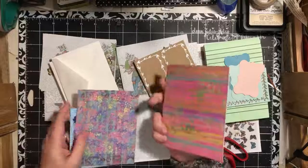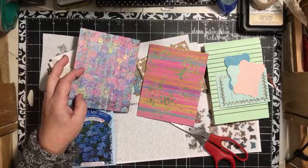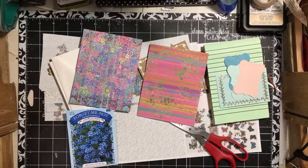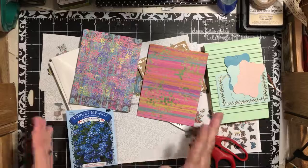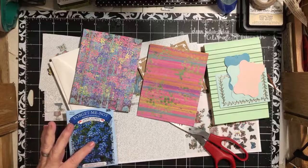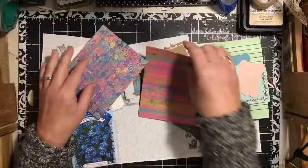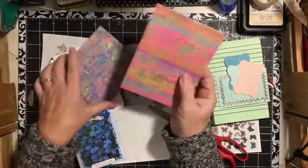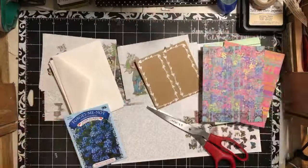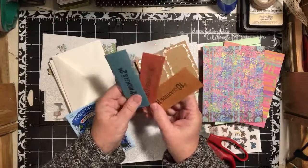Okay, so I've picked out a couple of cards. These are the same cards that I used in the purse journals. So, of course, I've lost the purse journal. Well, bummer. But I just posted one of the videos that shows the purse journal kit. So, anyway, so I've got these couple of cards to use. So that will give us some paper and some cards. I pulled out these old...